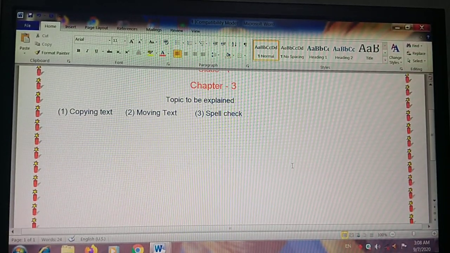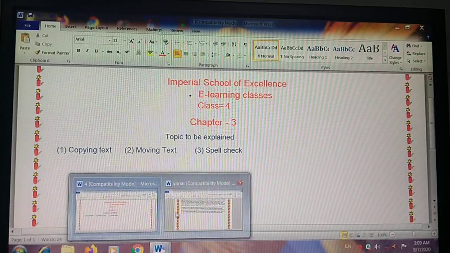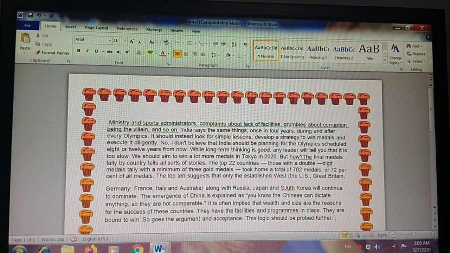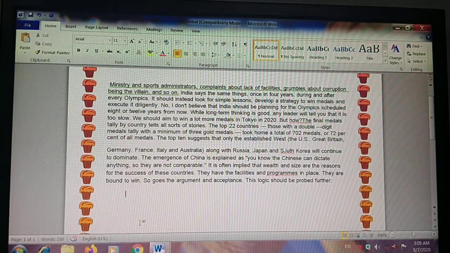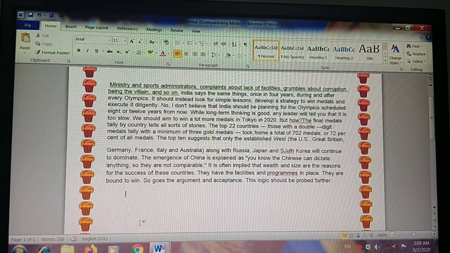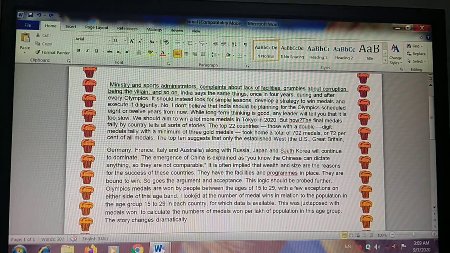Now the options are select the text to move. First, what you have to do is select a text, then move it. Suppose that I am opening this file, I have opened this, you can see. And if you want to get back here, then what you have to do is press Control Z, and your text will come back.